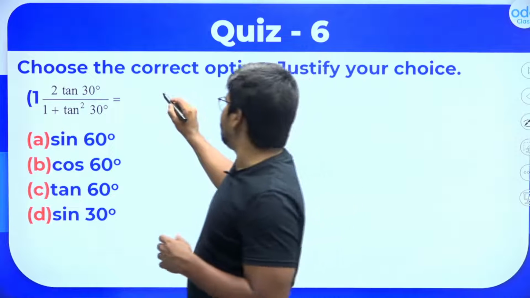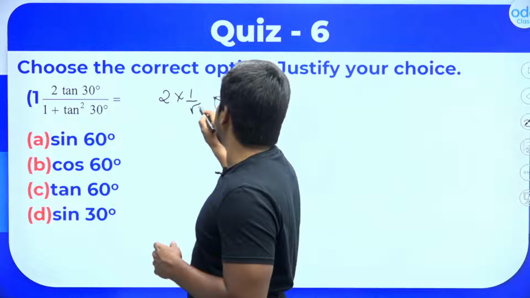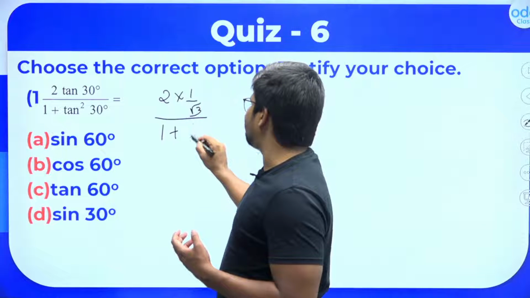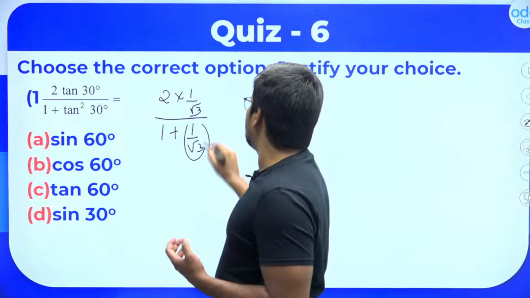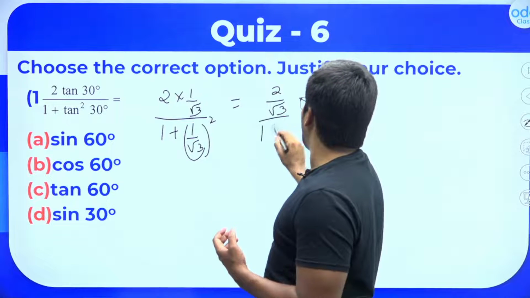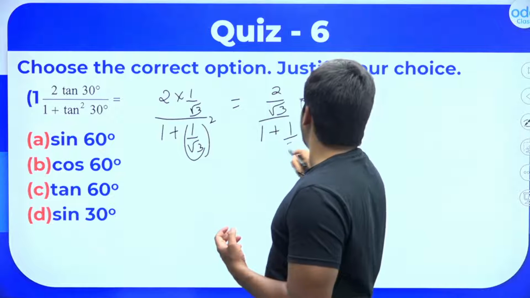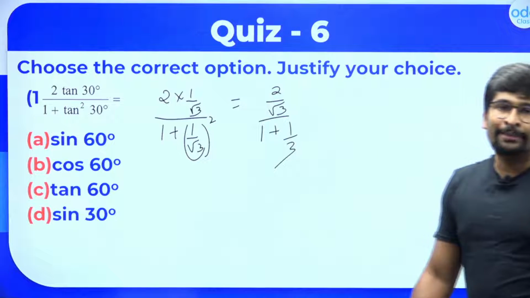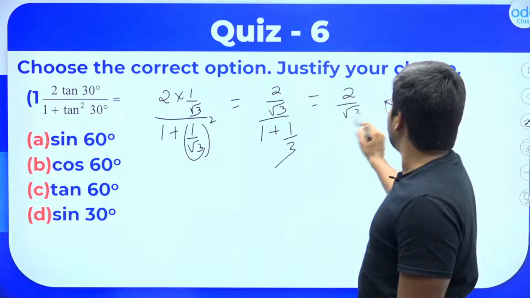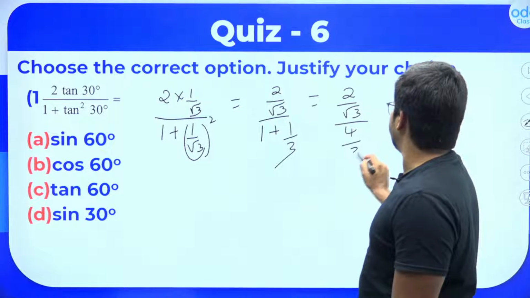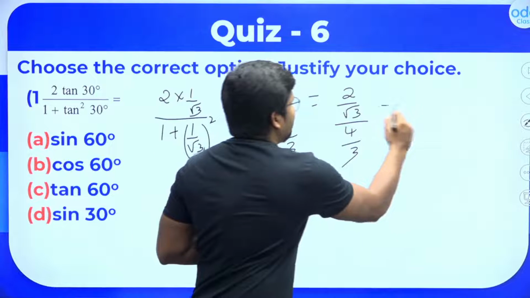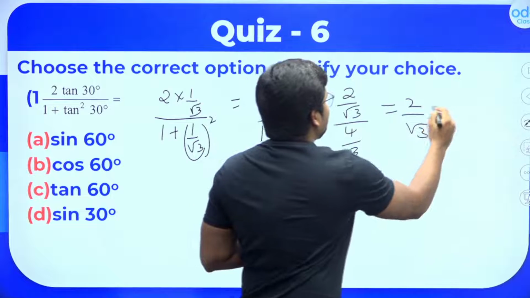2 tan 30. What is tan 30? 1 by root 3. So let's substitute the values. Divided by 1 plus tan square 30. What is tan square 30? It is 1 by root 3 the whole square. So this will be 2 by root 3 whole divided by 1 plus 1 by 3. 1 by root 3 the whole square is 1 by 3. So this is equal to 2 by root 3 whole divided by 4 by 3. Correct? 2 by root 3 whole divided by 4 by 3,